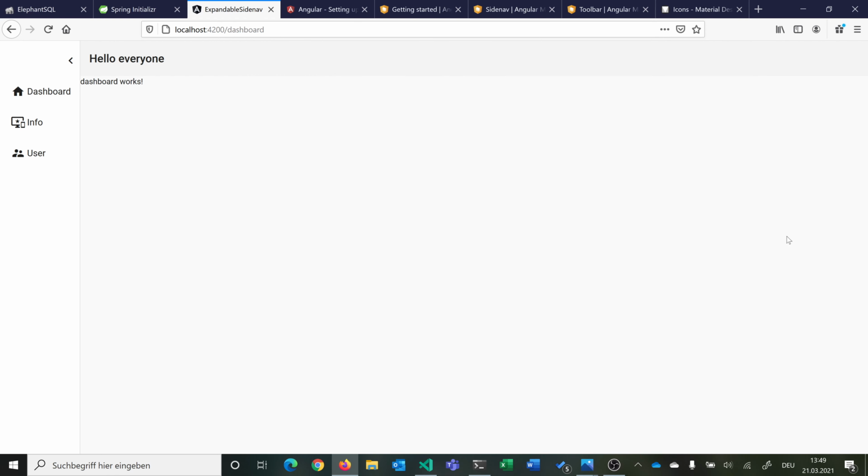So let's have a short look at the outcome of the project. You can see here we have our Sidenav and the Sidenav content on the right, and we can expand it or we can collapse it. If we click on it, you see we are loading different components,